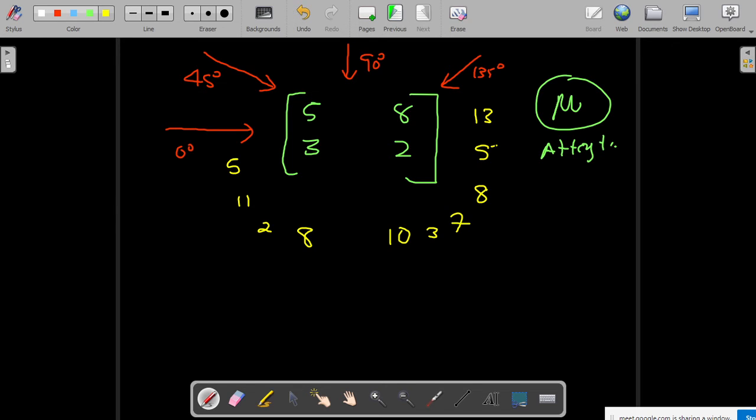Now what we are going to do is make each projection a 2D matrix. The first projection is 13 and 5, so we'll make 13 and 5. This is my 13 5. I'll make a copy of it, 13 5. This is my first projection. Now I will take the second projection.